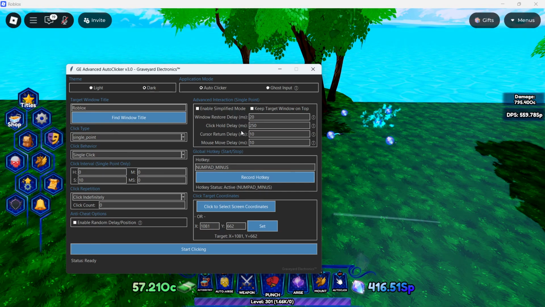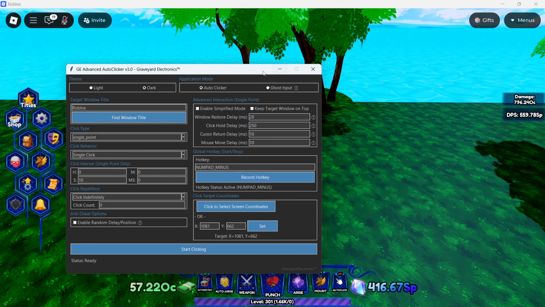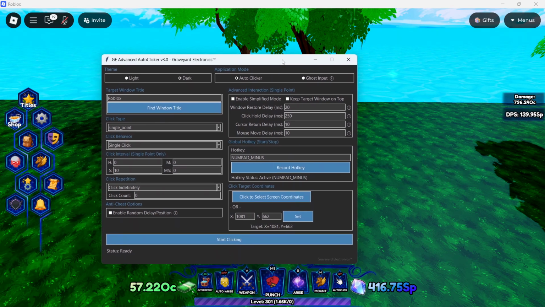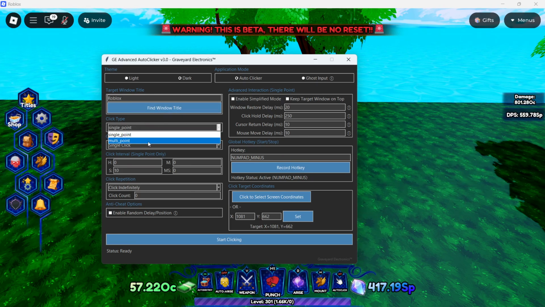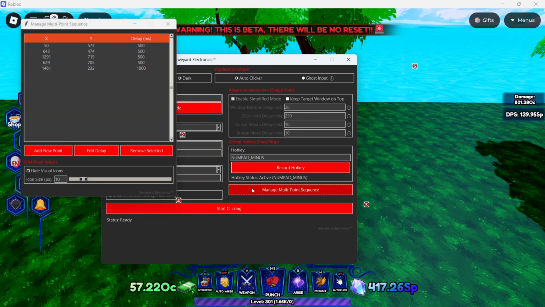Alright guys, so I'm here today to give you a quick little tutorial on my auto clicker that I just got done creating. So it's kind of like a 3-in-1 auto clicker. It's got the single point auto clicker. It has the multi-point where you can select more than one position to select and have different delays in between